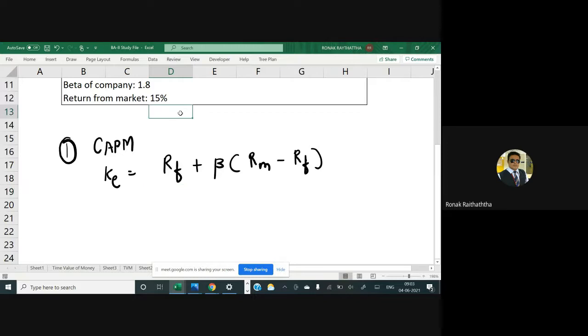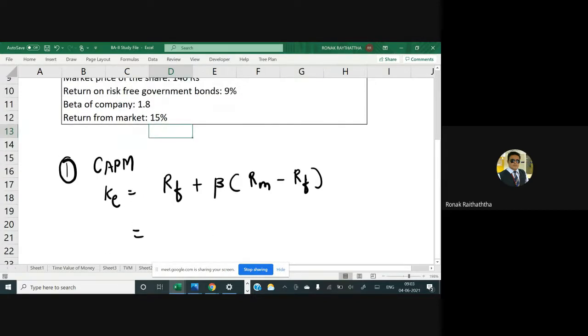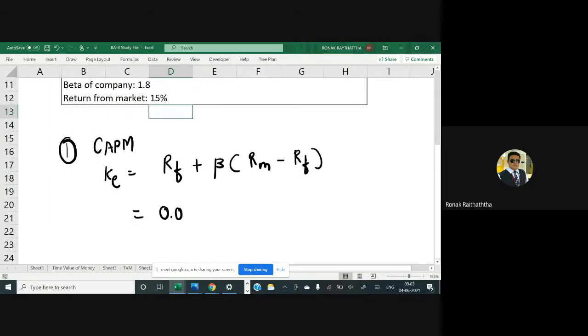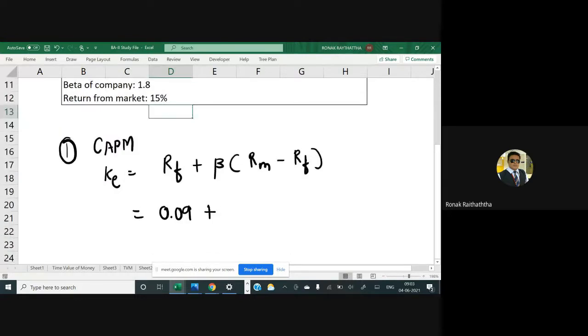Sir, the risk-free rate is given to us straight away, we are not supposed to apply our own mind there. Just write it as it is, 9%. I can also write it as 0.09. It is advisable to write it in decimal to avoid confusion, because when you multiply beta with the percentage, some people might get confused. So it's advisable to write it in decimal, and the ultimate answer will be converted into percentage. Beta 1.8, quite a sensitive company it is.